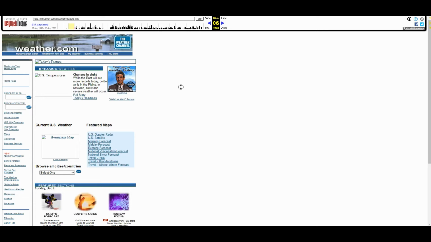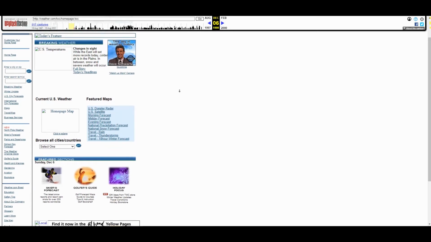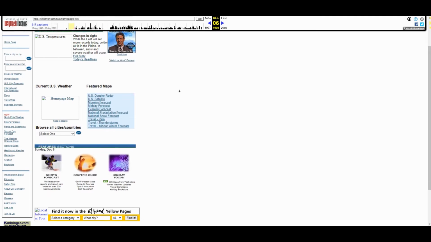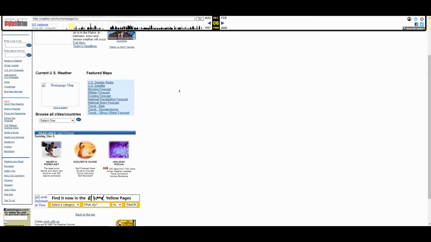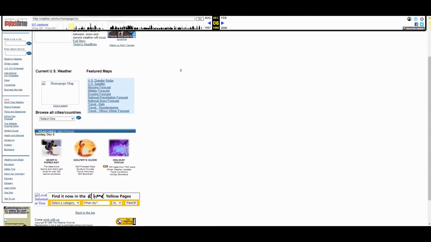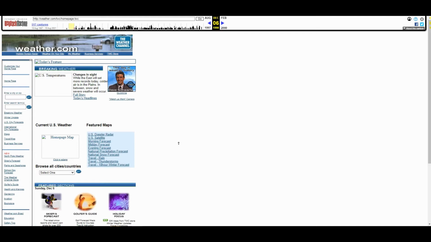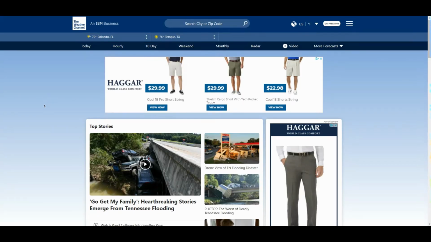Now, this is the 1998 weather.com. You notice it's very different from what we get today. One of the big things is our screens are so much bigger that having it left justified like this makes so much wasted space over here. Think back to the late 90s, when computer screens weren't nearly as big and they weren't this widescreen look that we have today. But it is very interesting to see the design choices and the breakdown versus the modern websites today,